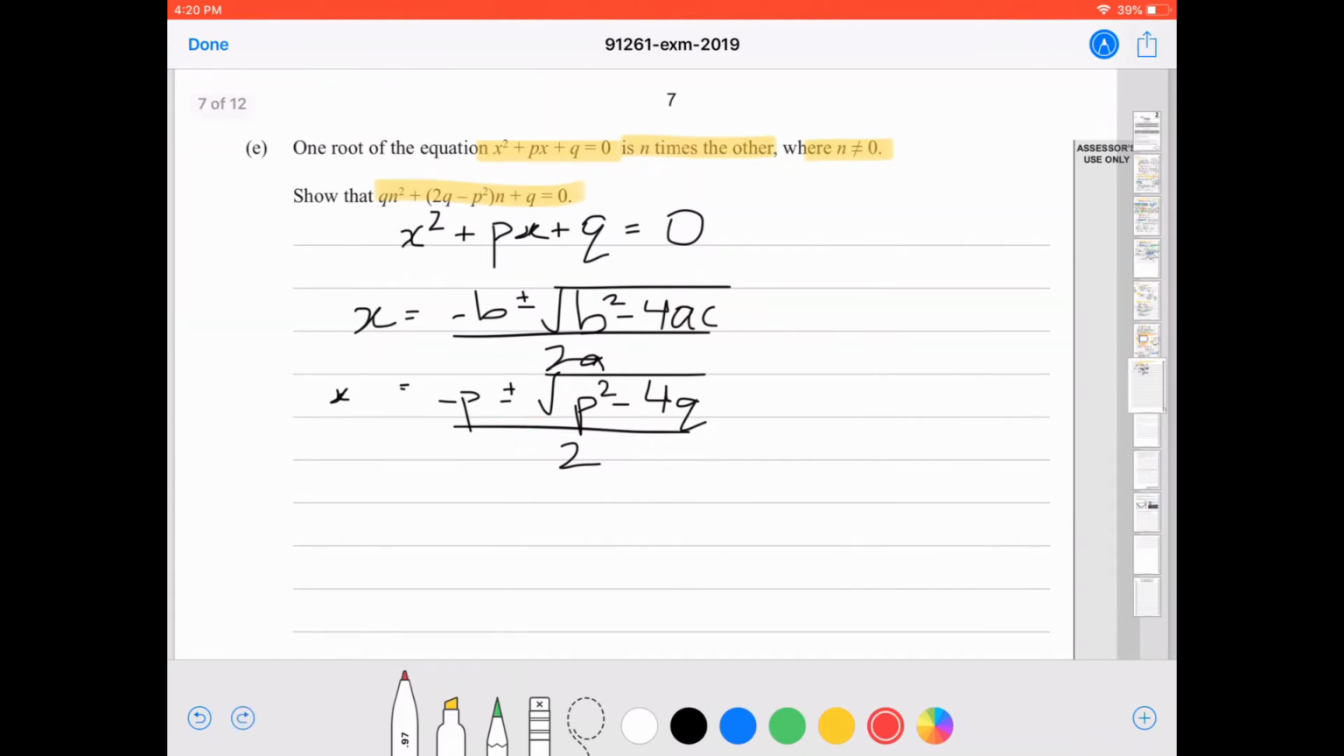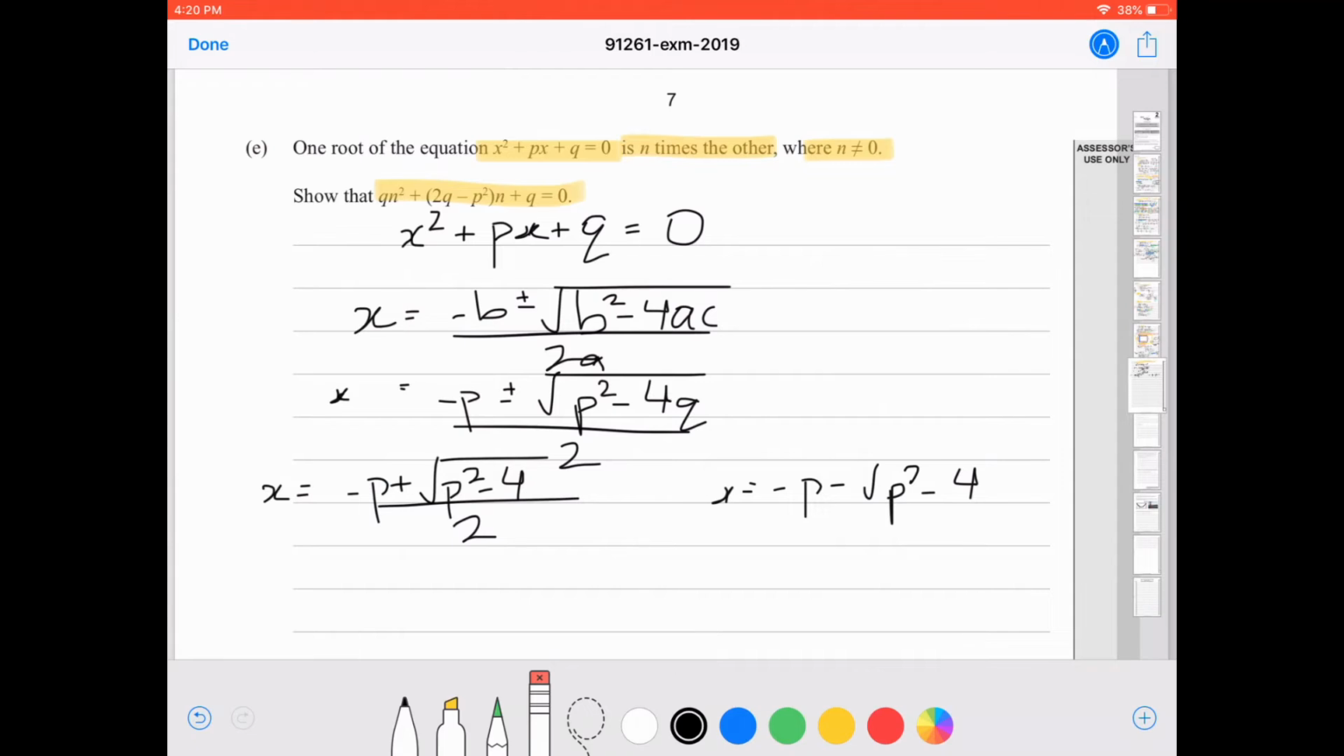minus in here. So our first solution is x equals minus p plus the square root of p squared minus 4q over 2. And the second solution, x equals minus p minus the square root of, not b squared, but p squared minus 4q. Actually, I've made the same mistake over here, haven't I? Not ac, it's 4q, and 4q as well. And this is over 2. Okay, and so